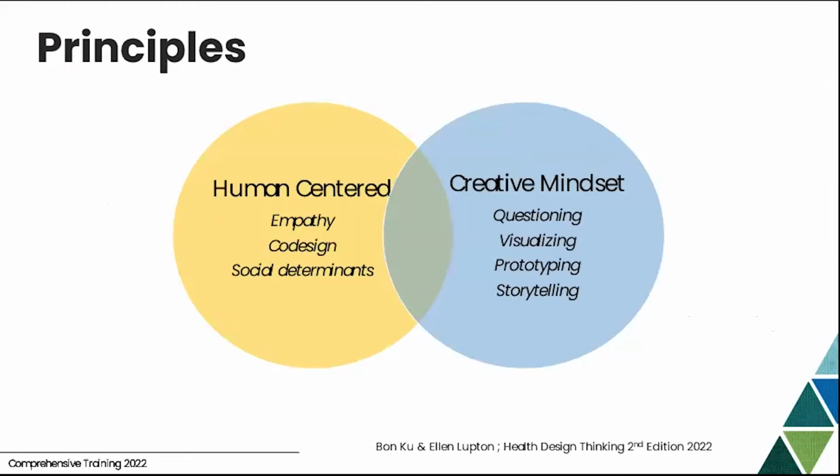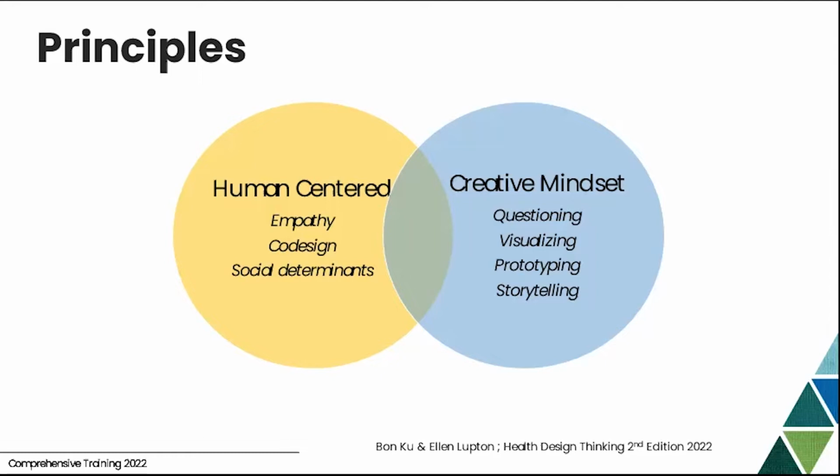So, in terms of the principles, we're going to bucket them into two blocks. One is the core components of the human-centeredness of our design approach, and the other is how do we bring in the creative mindset to this whole process. These concepts have been adapted from a very recent book called Health Design Thinking, second edition. At the core of the human-centered approach is empathy, co-design, and understanding the social determinants that influence behavior and decisions. And on the creative side, we have the approaches of questioning and challenging the status quo, trying to